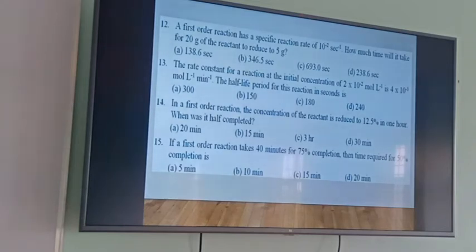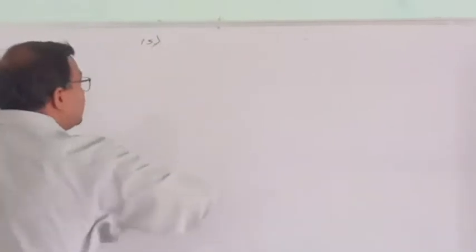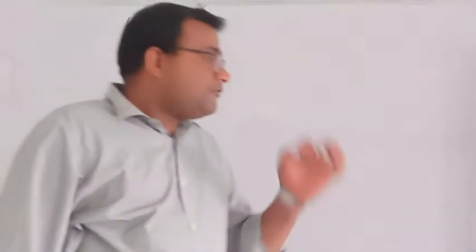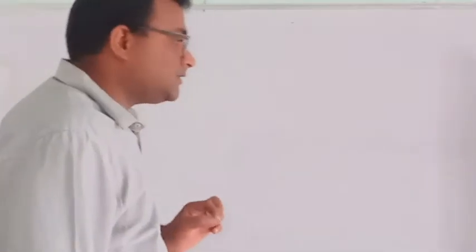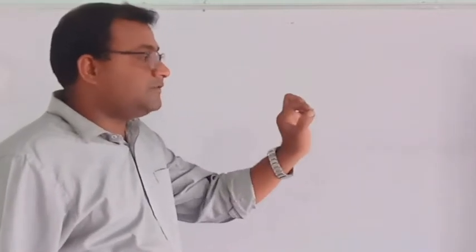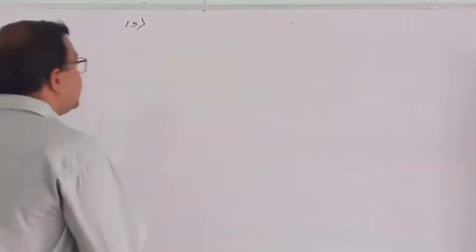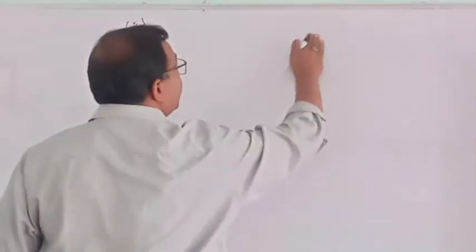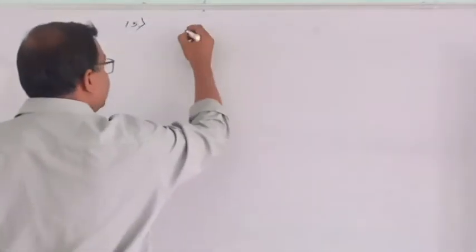Okay, question number 15. It is applicable for first order reaction. If a first order reaction takes 40 minutes for 75% completion, 75% completion, that means